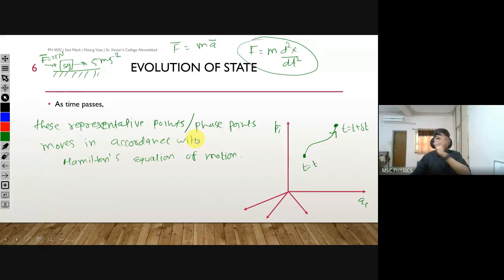You will be studying those parts in your classical mechanics in future, or maybe you are studying it right now, I don't know. But Lagrange and Hamilton both tried to do that, and both succeeded. Hamilton's equations of motion look like this: Qi dot equals del H by del Pi, and Pi dot equals minus del H by del Qi. So it is just like that.